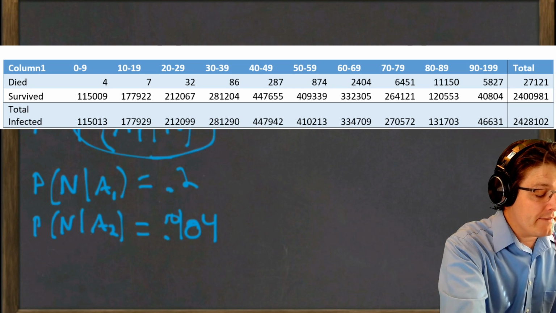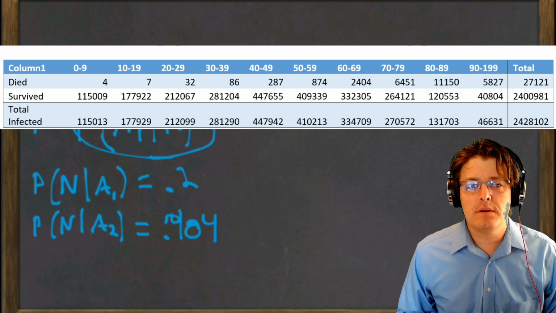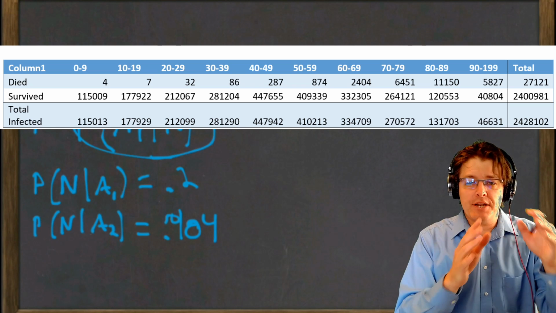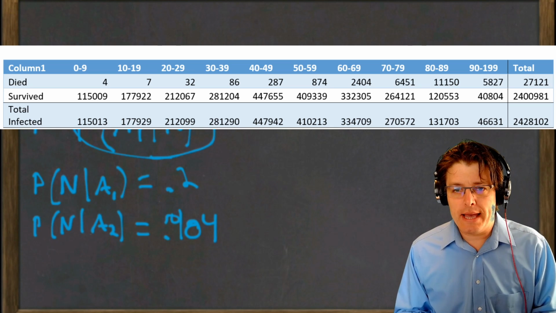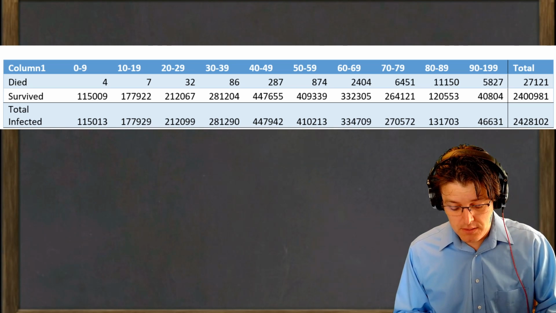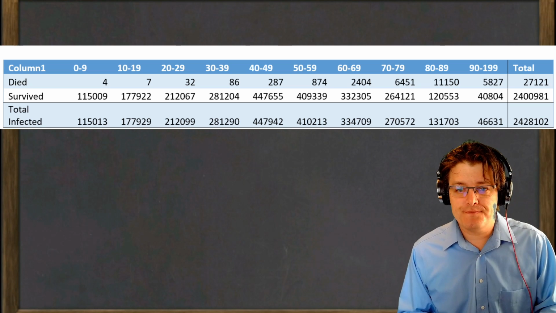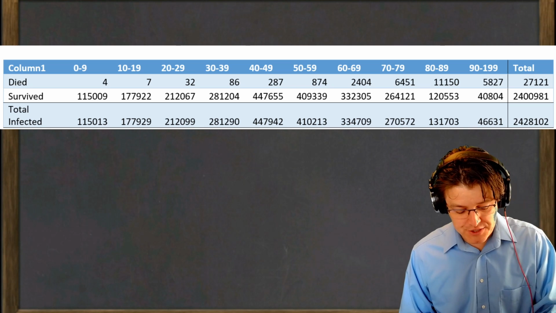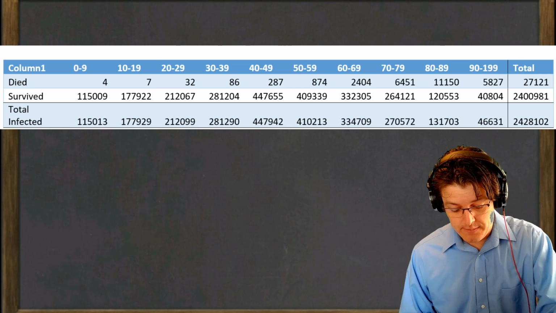And we have the original frequency tables, right? So forget all the age stuff. We have the total. We can just do, if we're just curious about what is the overall infection fatality rate. I need to find a way to figure out where I am on the screen.